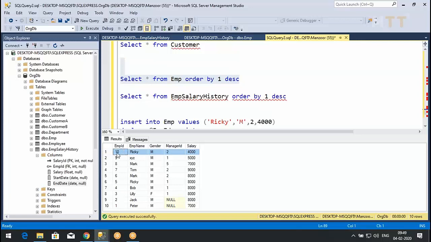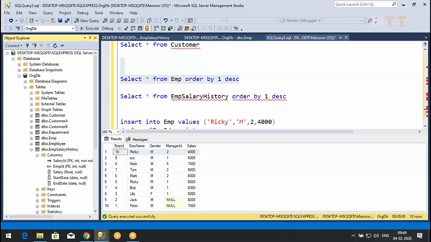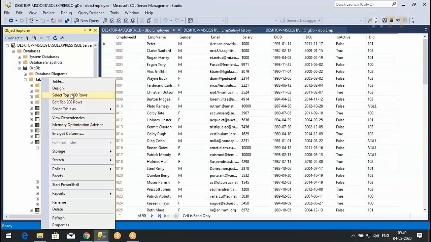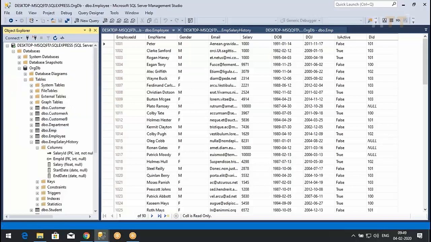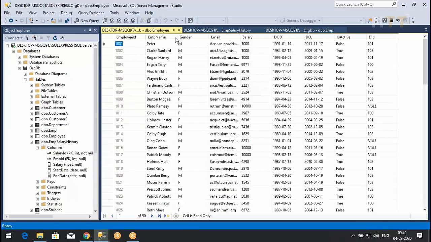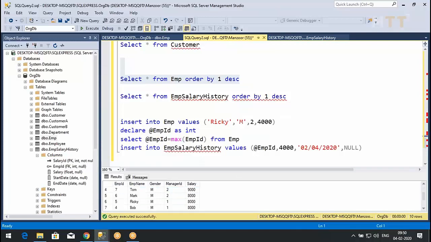We inserted this Ricky record, right? Let us delete that. Let us give get date and see what happens here.